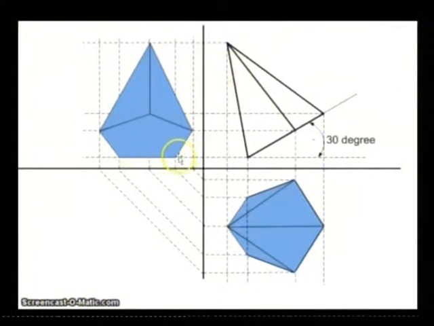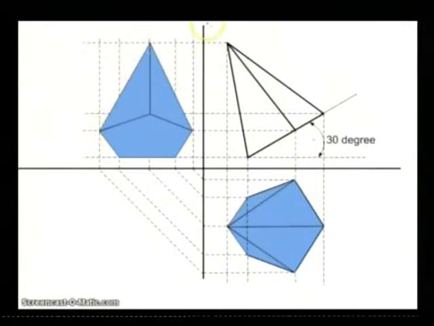And once you extend all these lines, you draw this pentagon here, because this one will give you the size of the pentagon, this edge and this second edge will give you the height of the pentagon, and this one will give you the width of the pentagon from this end to that end. Okay, so that's how you draw this pentagon here, and then this will help you to give the height of the pentagon pyramid. And then once you have it, you extend all these lines.